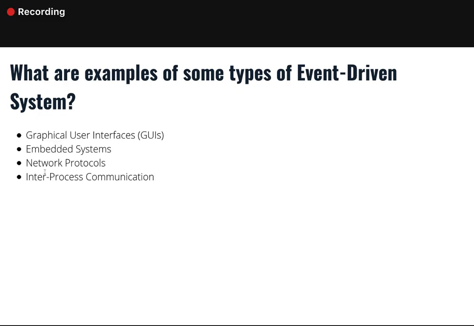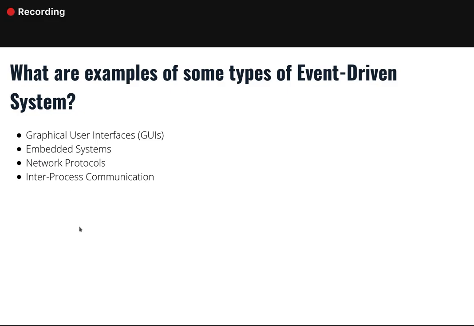Okay, let's take a look at some examples. We've already talked about graphical user interfaces. Pretty much anything with a graphical user interface has some sort of event-driven component to it, at the very least. Embedded systems, so for example, a basic calculator, are heavily event-driven. Pretty much anything that involves networking is going to be event-driven, because we have to react to data coming over the network, which can occur at any time and can be spotty. And anything involving communication between multiple different processes, many of those can be event-driven, depending on the system.